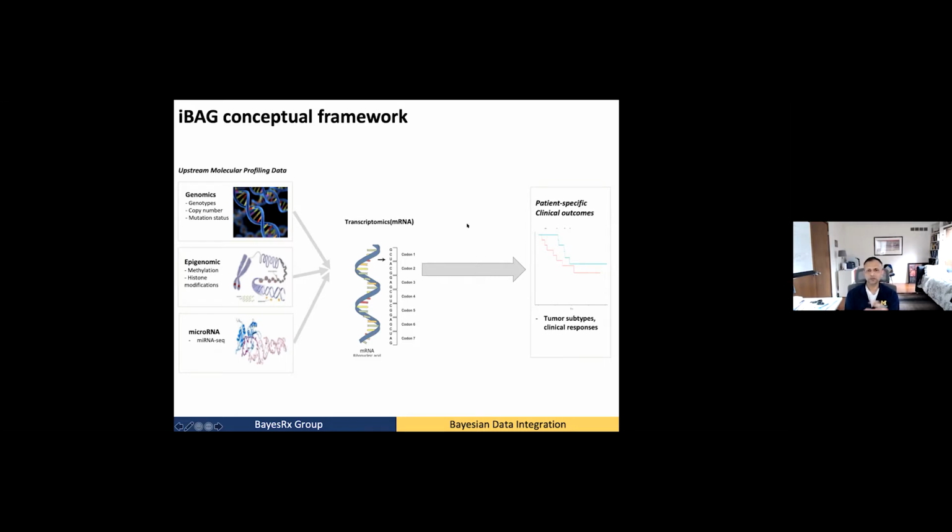If we organize it this way, the key principle behind this is that expression is sort of like a coalescing of these upstream molecular profiling data, and everything goes through this conduit to eventually affect the clinical outcomes. So that serves as an intermediary,